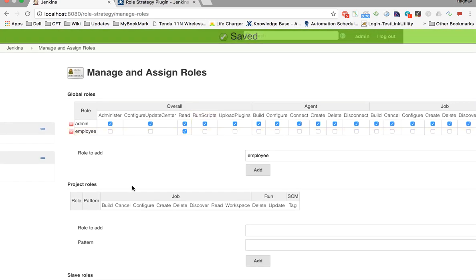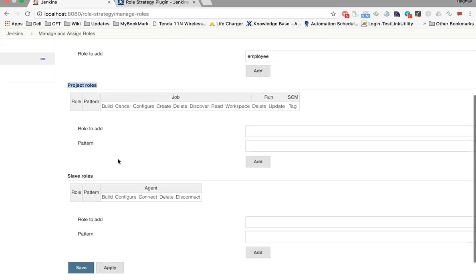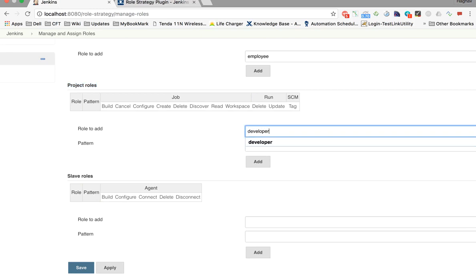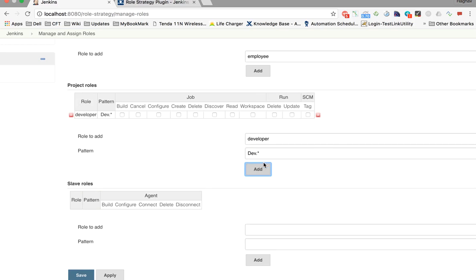Now let us come to the project role section, and here we can create roles specific to a project. Let me create a role called developer, and here let me say dev.star and add it.